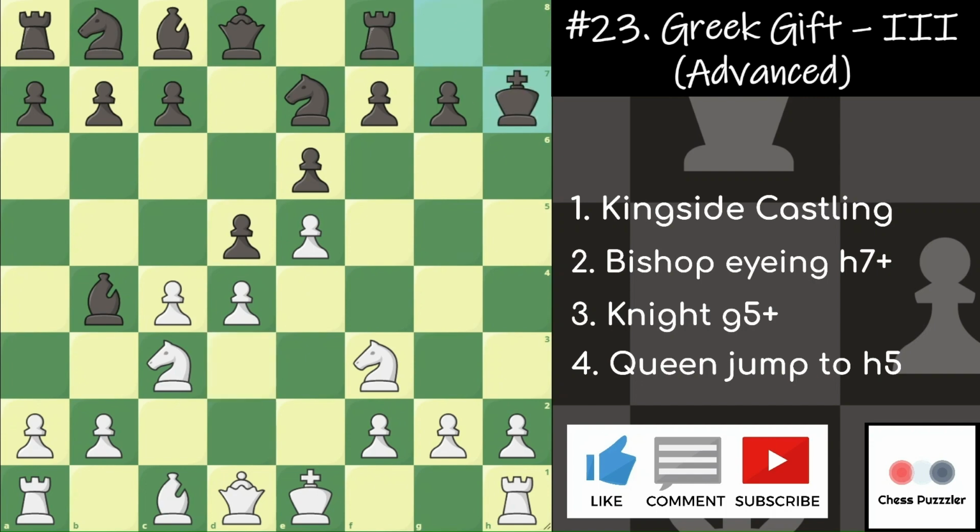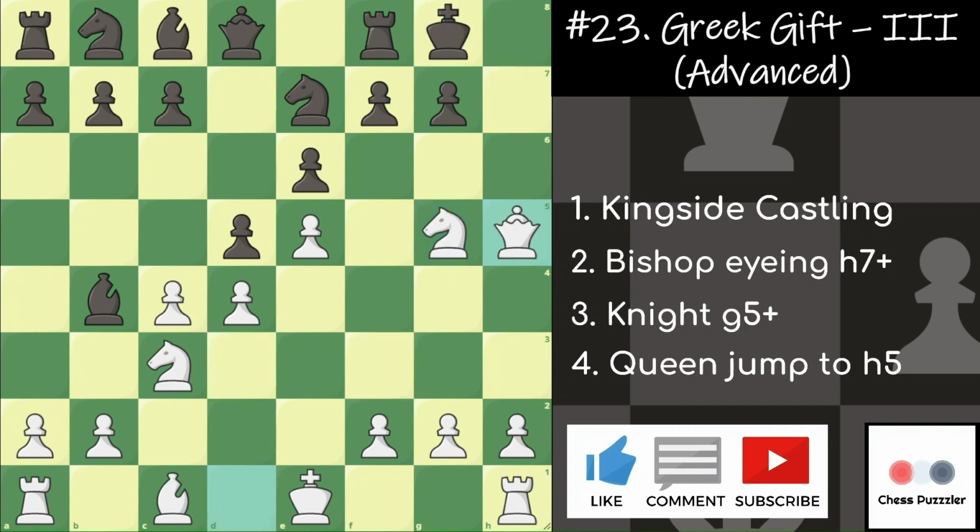You start the sacrifice, knight g5, queen h5, all standard. The rook makes room for the knight to escape to f8 if required, and you'll go on h7 to deliver a check. Because if you took on f7, king will go to h8, queen h5, rook g8, king g8, and once you deliver a check from h7, the king might just escape. So to prevent all of this,